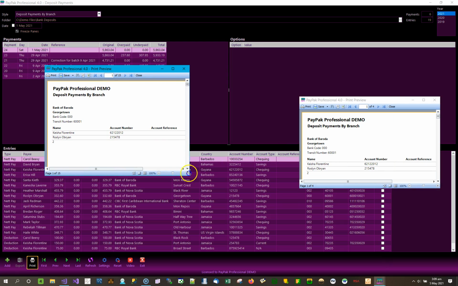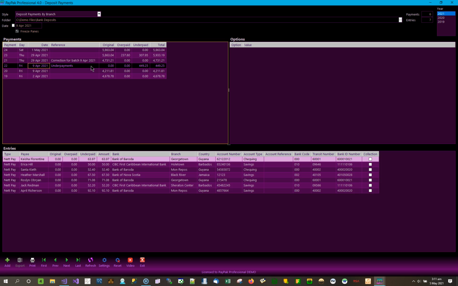Under the folder there's a date. Now the date defaults to the date of the payment that you've selected. So if I choose this third one, it goes to the 29th of April. If I choose the next one, it's the 9th of April. That date is sometimes integrated into the file you send to the bank and used by the bank for date validation purposes. If that's the case,